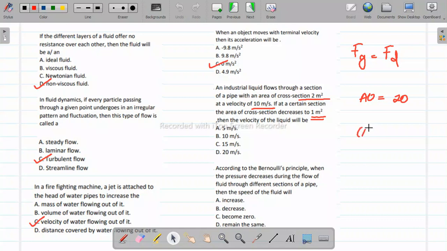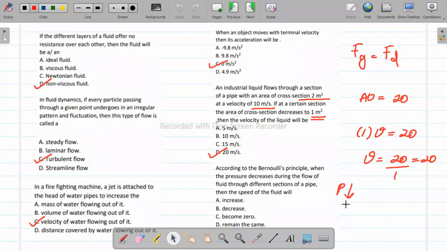अब हमारे पास एरिया है 1, वेलोसिटी कैलकुलेट करनी है, एंड एज पर द कंटिन्यूटी इक्वेशन द प्रोडक्ट शेल रिमेन सेम, राइट? सो we'll just rewrite this equation. It becomes 20 over 1, which is nothing but 20, and since it is velocity, it has to be in meters per second. According to Bernoulli's principle, when the pressure decreases